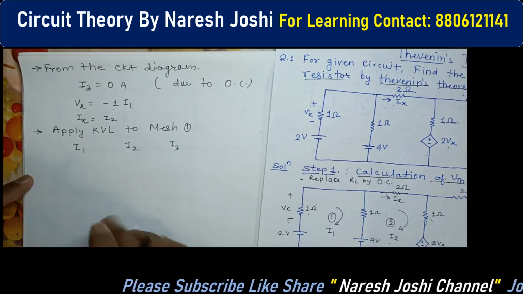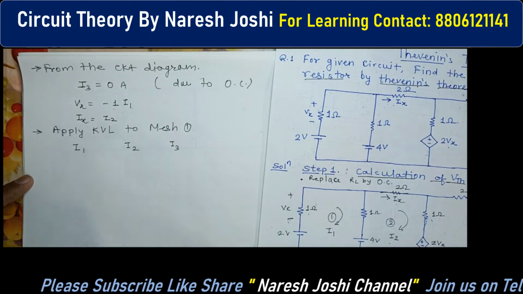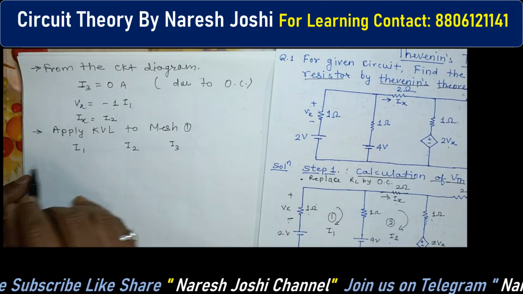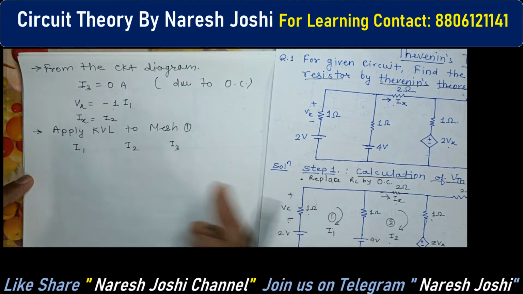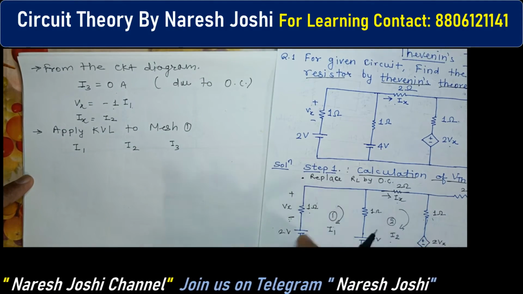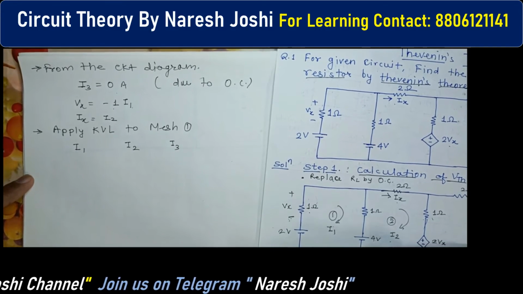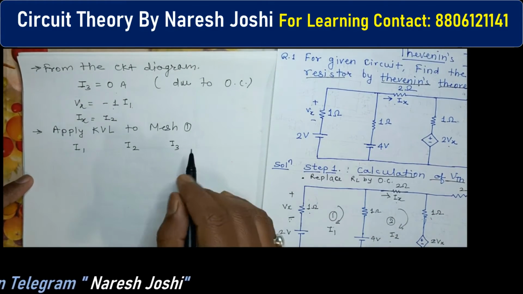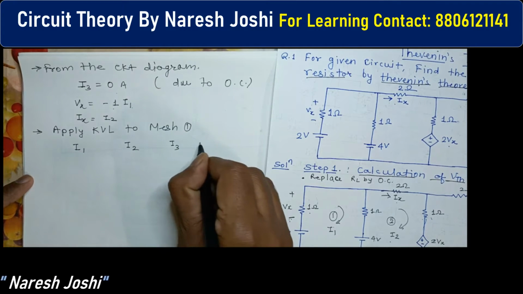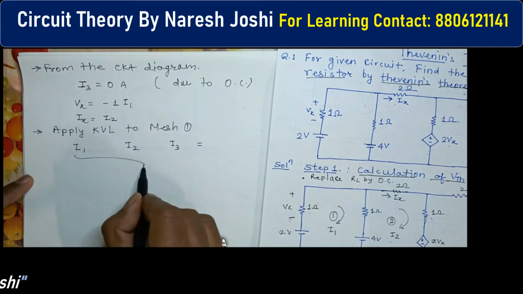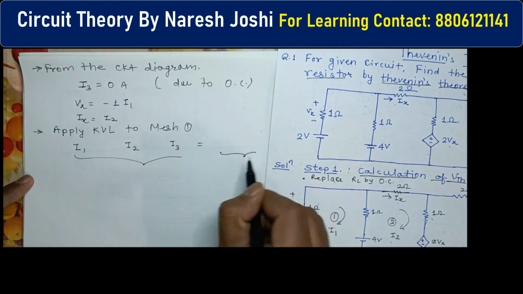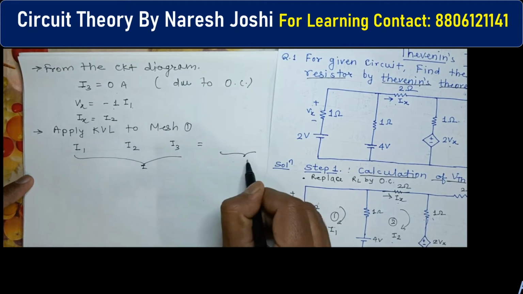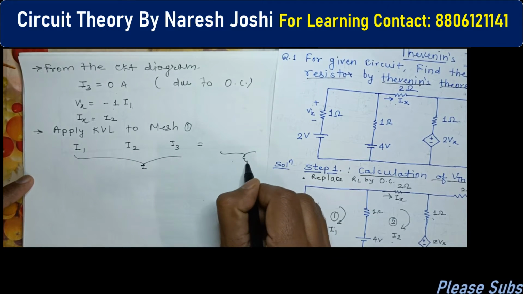Okay, so here you can see this is I1, I2 and I3. Clear? Why do we consider I1, I2 and I3? Because we have considered 3 meshes. This is the open circuit mesh, so the value of I3 will be 0, but we have to consider it only for calculation purposes. Then I will write here that on this side we always have the current, and on this side we always have the voltage.